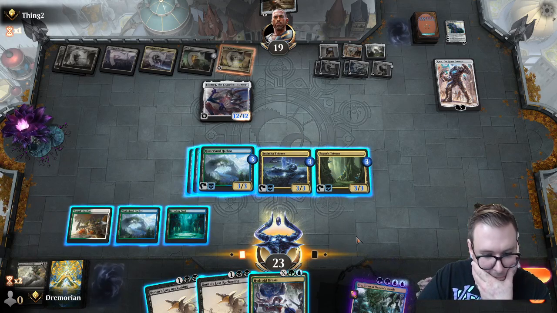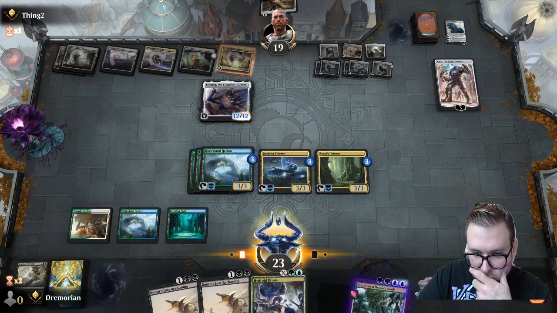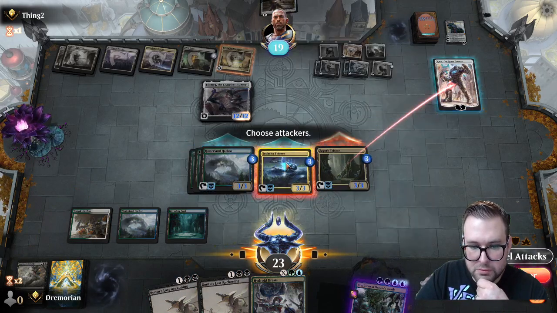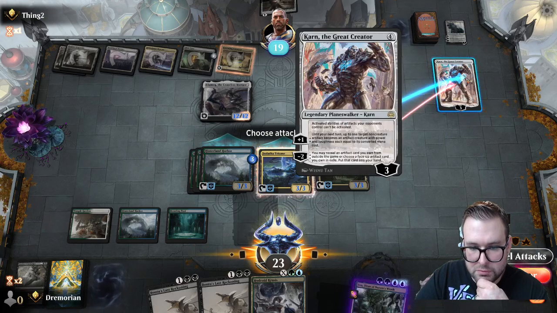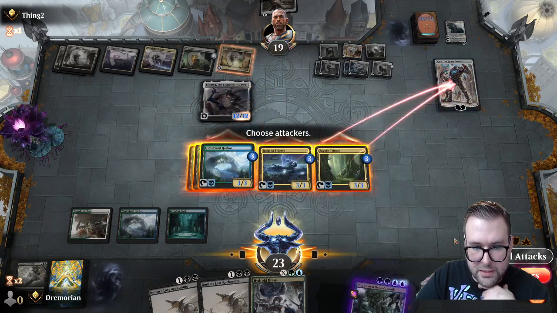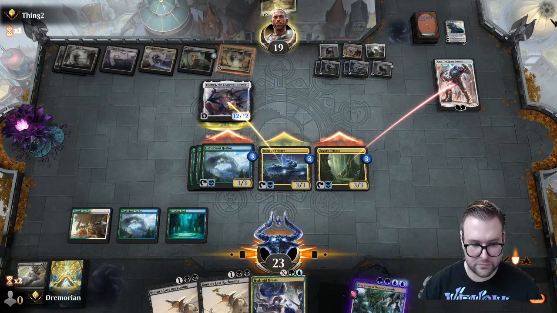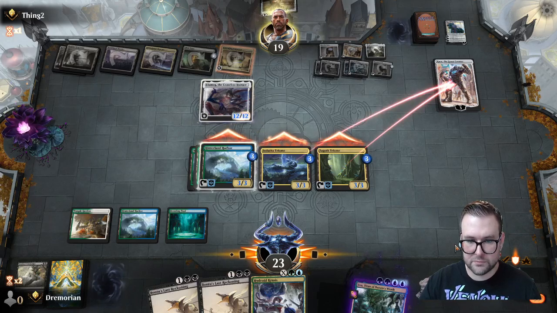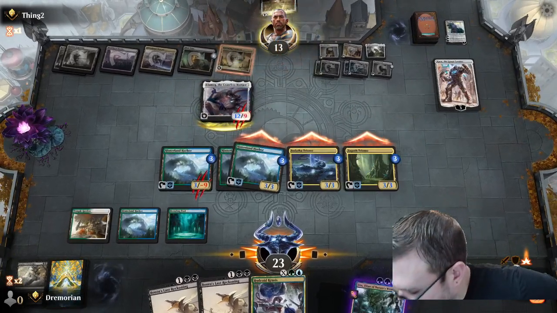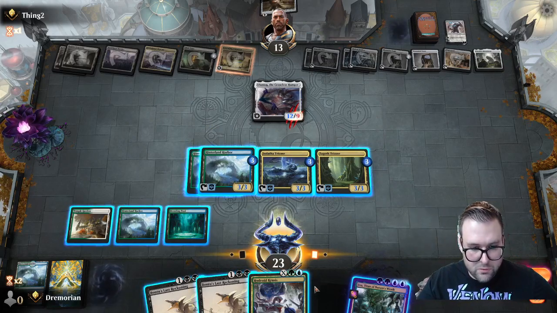All right, let's think about this here. So let's attack Karn. Attack you. Because it doesn't matter, because anything Ulamog hits... I'm sorry, when he attacks, he exiles, so it doesn't really matter. Okay. Do not pity me. Right. Alright, so now